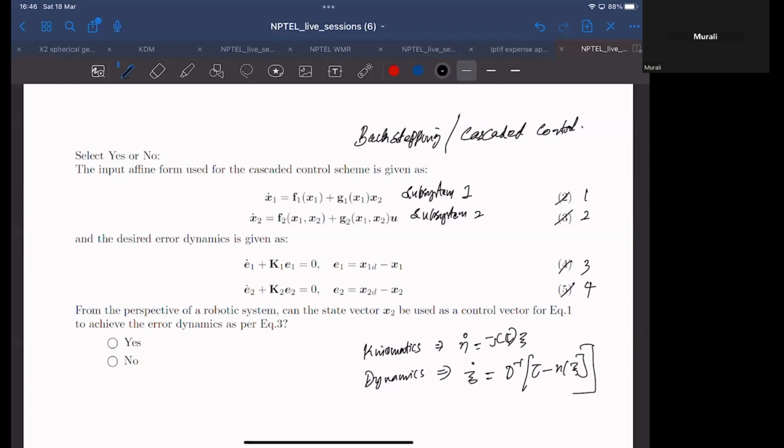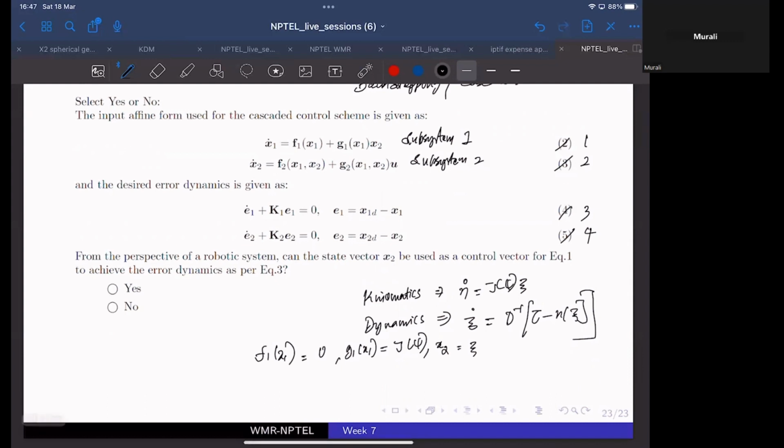This is exactly similar to this input affine form, where this f1 of x1 is 0, and g1 of x1, this is J of psi, and x2 is zeta,